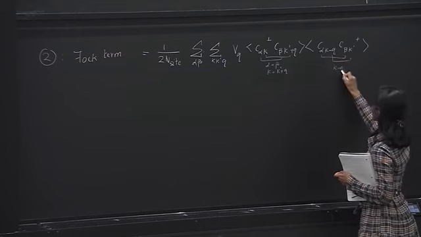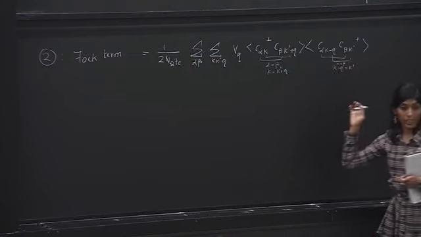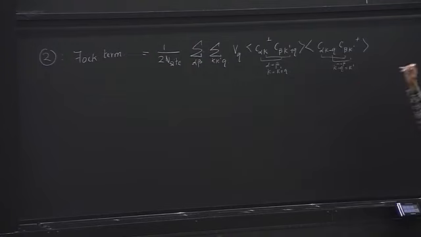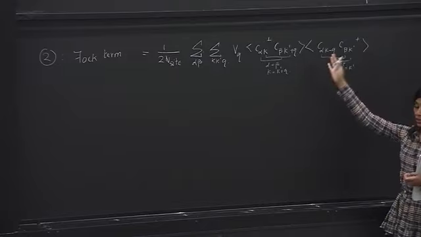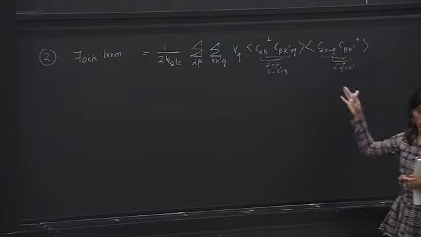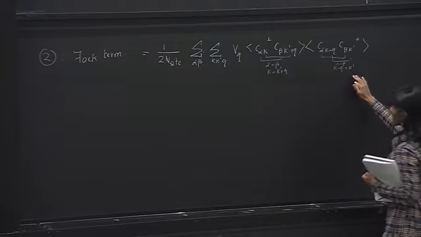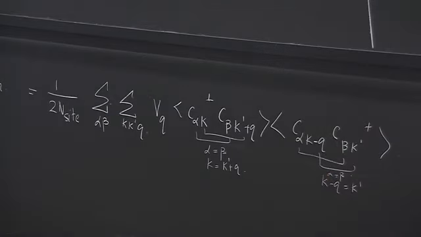K minus q. For the same reasons that we just went through there. If you don't create and destroy the electron at the same k and spin, you would have no overlap with the original ground state. And so this delta function would enforce these two constraints so that when we put them in,